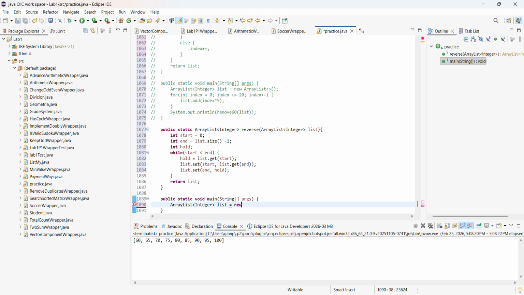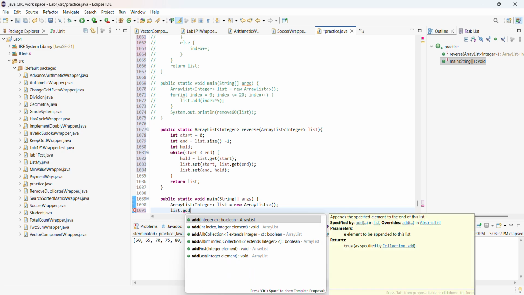In Java, it is used a lot, so just remember the keyword new, and then call ArrayList again. This time don't put anything in it because it already has it, and also you want to create an empty list, so just remember to put parentheses in blank and Integer in blank, and after that list.add,